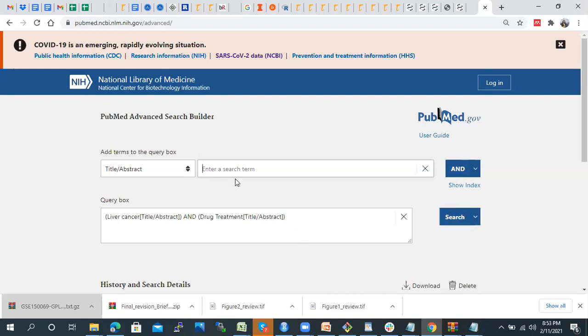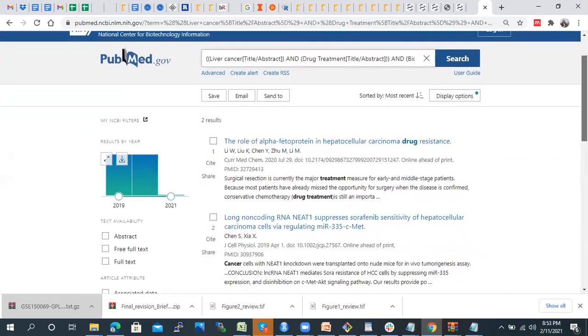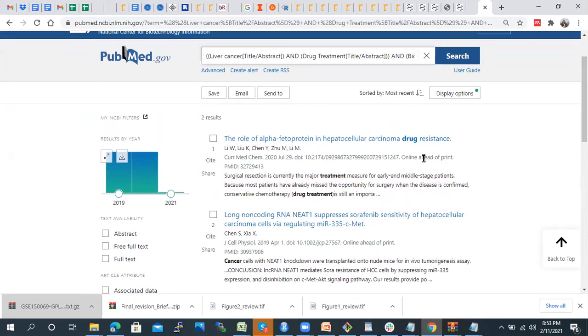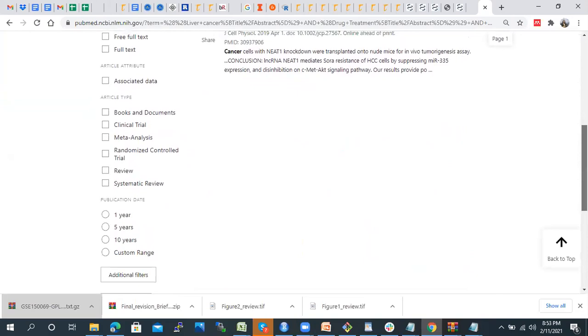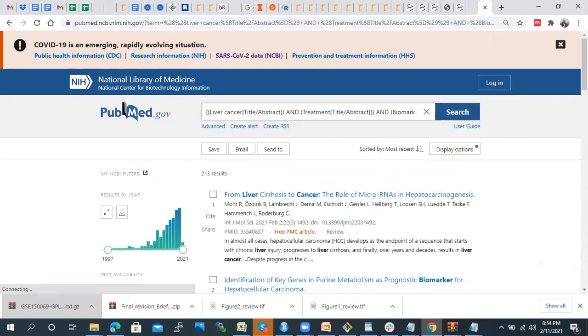Another thing that you can add might be the biomarker, right? So I'm just creating a journal query. Depending upon your research interest, you can create those queries. Using these words, I got this, so I might have set some particular criteria. Instead of drug, let me write treatment. So now I have used the keyword treatment, biomarker and liver cancer. I have removed drug. So here I have obtained nearly 213 research articles.